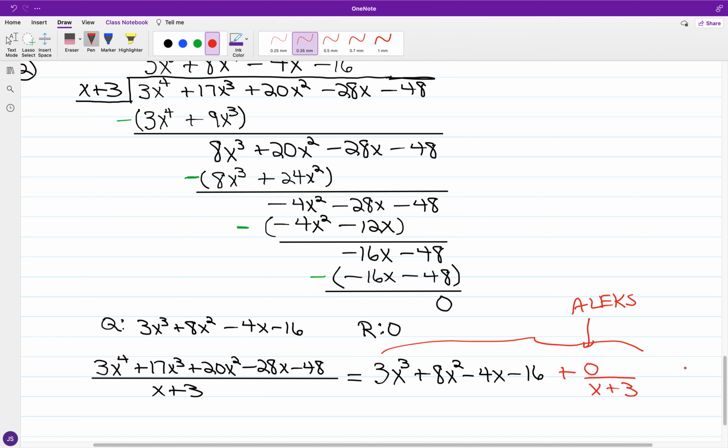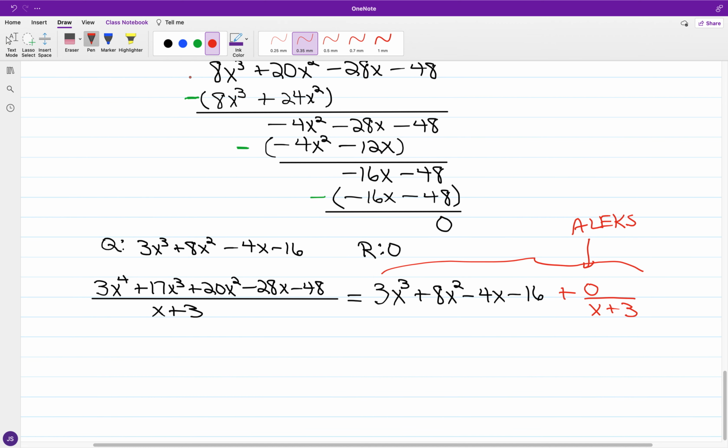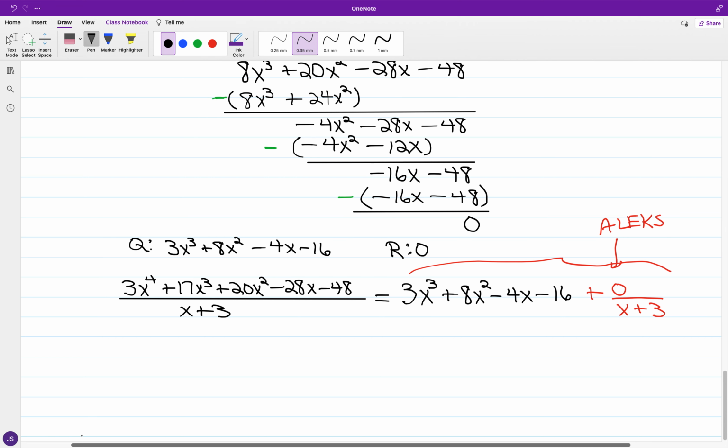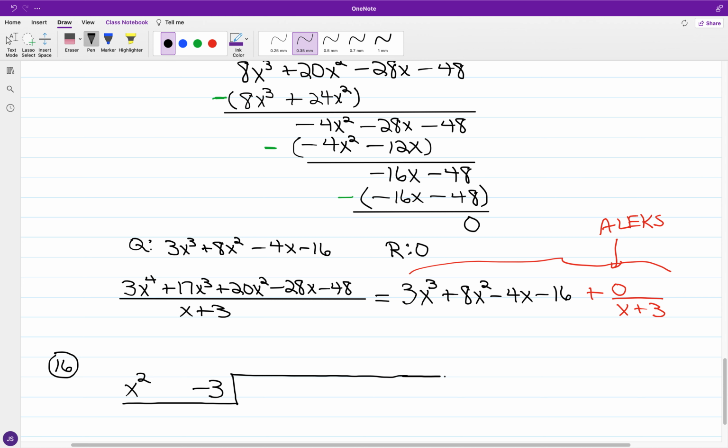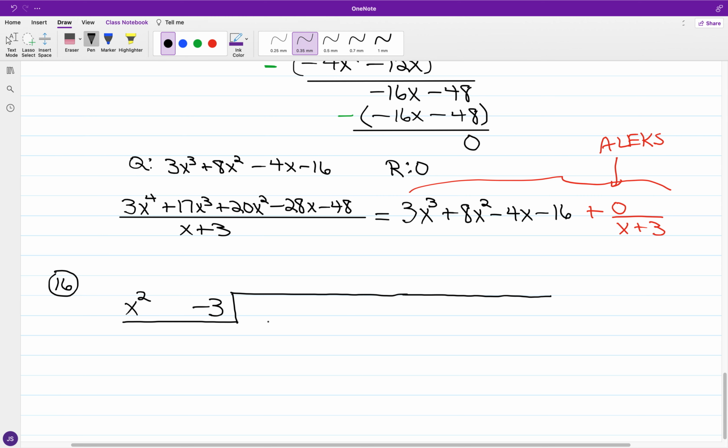All right. Now, in the case of number 16, and this is a case of polynomial division, okay, where you're looking at x squared minus 3 as the divisor. Okay. Now I'm creating a little bit of a spread here. I'll show you why in just a moment. Okay, so you have x squared minus 3 is the divisor. And the polynomial